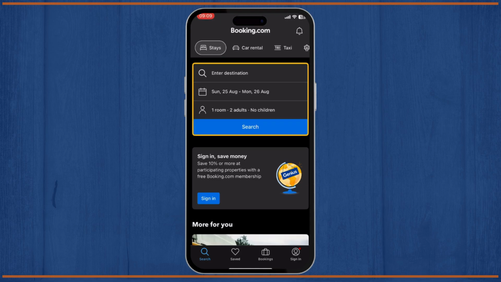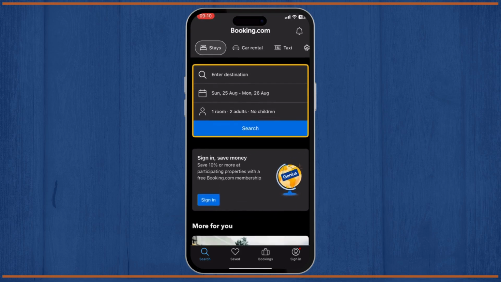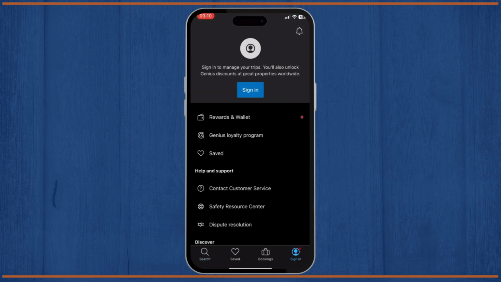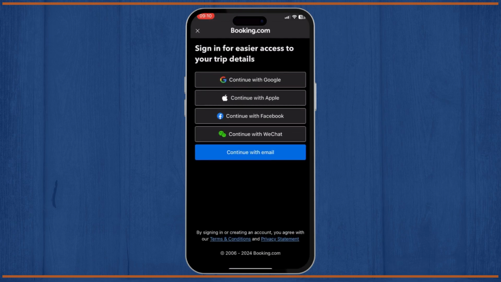Now there you can see booking.com's initial page. Now just go to the sign in option on the bottom right. Now there you will see the sign in button, tap on it, and again you will see the same sign in